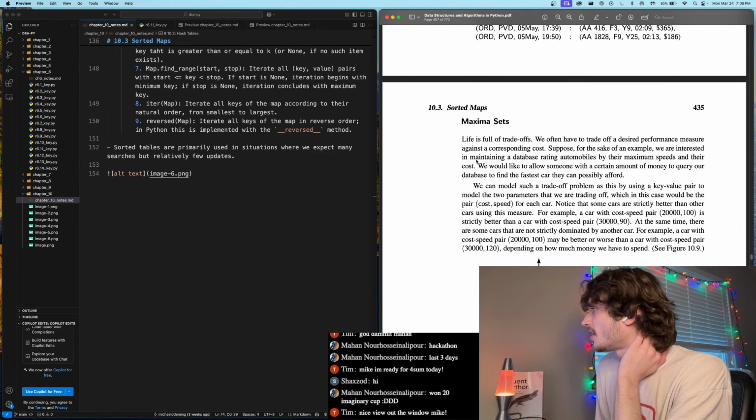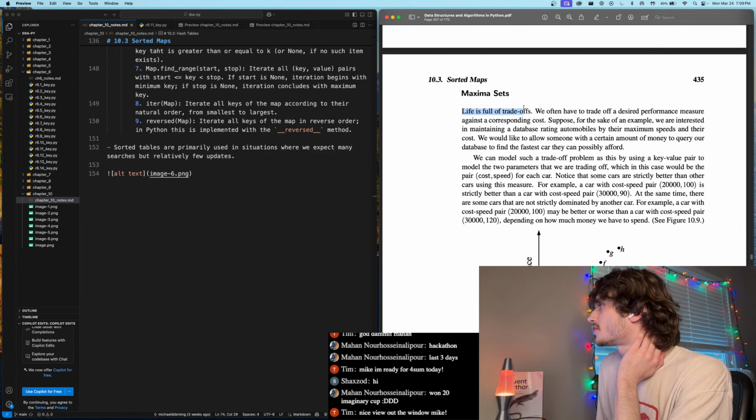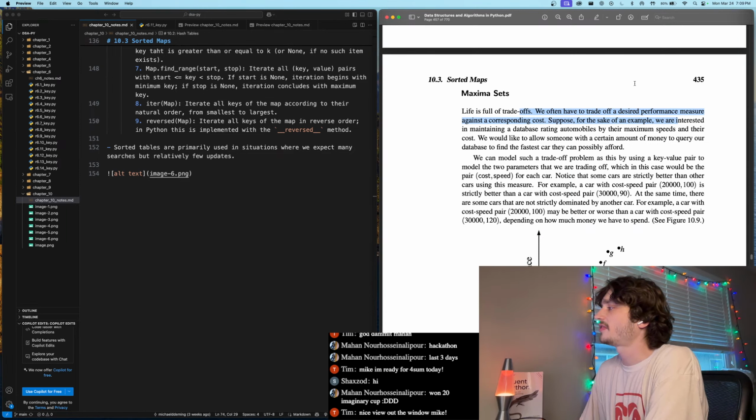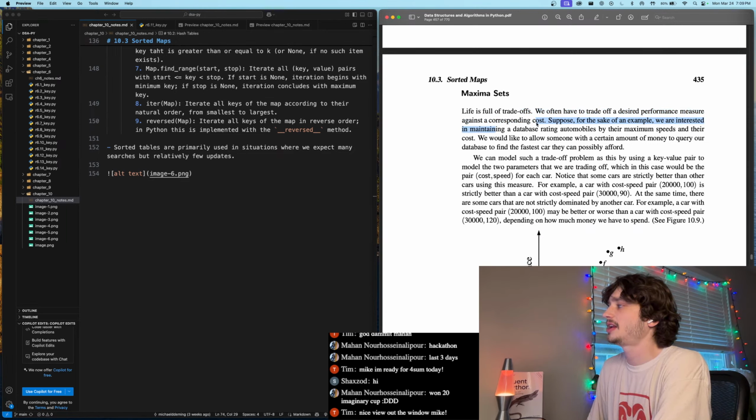Life is full of trade-offs. Maximus says, life is full of trade-offs. We often have to trade off a desired performance measure against a corresponding cost. Suppose, for the sake of an example, we are interested in maintaining a database rating automobiles by their maximum speeds